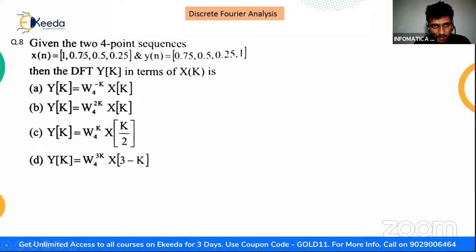We can easily see that this has come here, this has come here, this has come here, and this has gone there. This is basically left shifting. What do you mean that y(n) is equal to x(n plus 1)? Left circular shift by 1. So in that case, this will come here, this will come here, this will come here, and this one will go here. So we can say Y(k) will be,